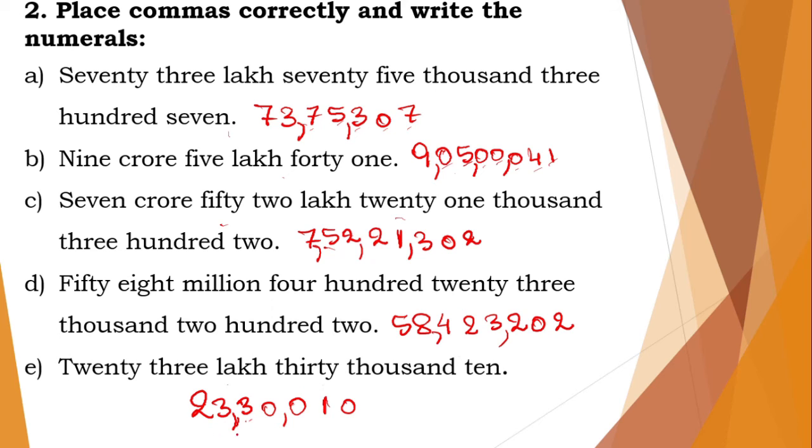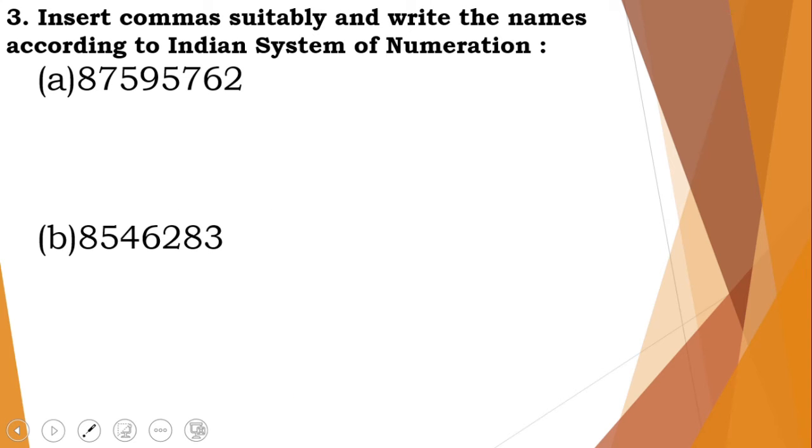Now we don't have any other digits. So like this only we will put it. So we will read the numeral as 23,30,010. So this was the fifth question. Now let's move on to the next main. So now let's start with the third main, and the third main is insert commas suitably and write the names